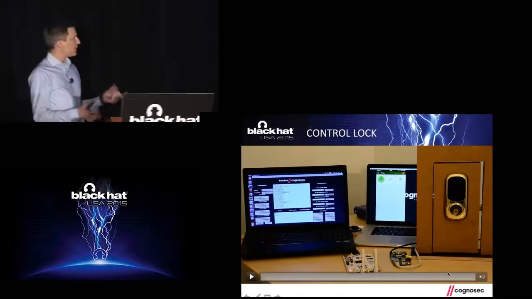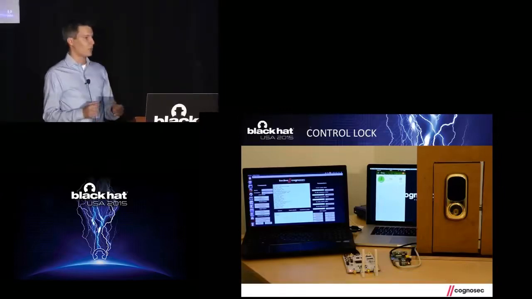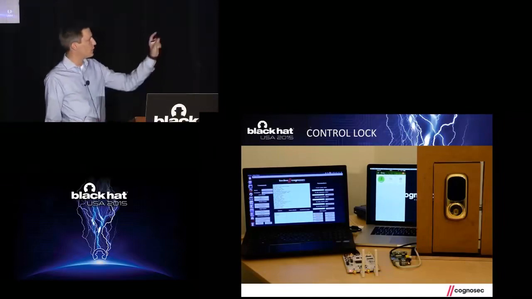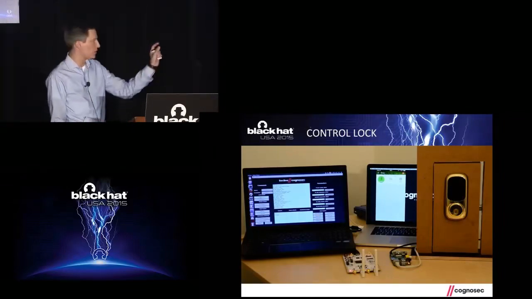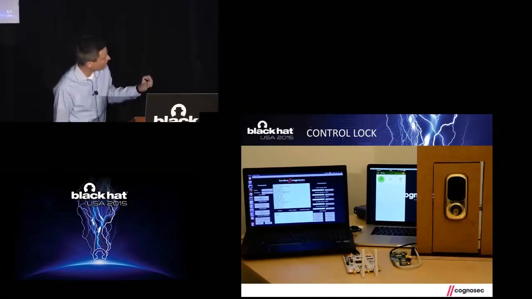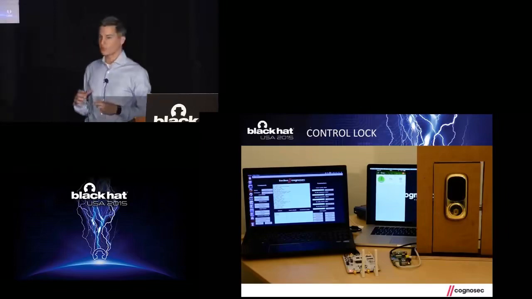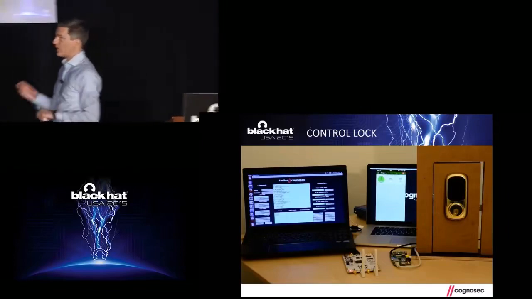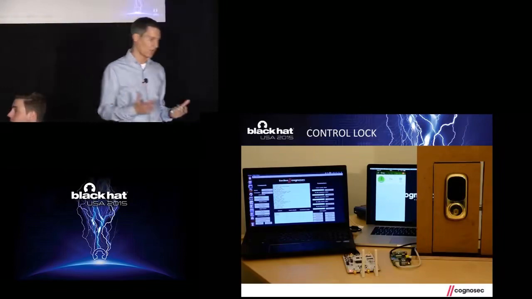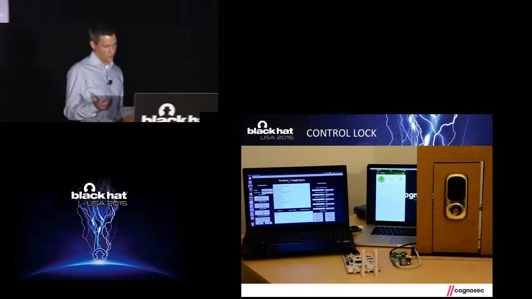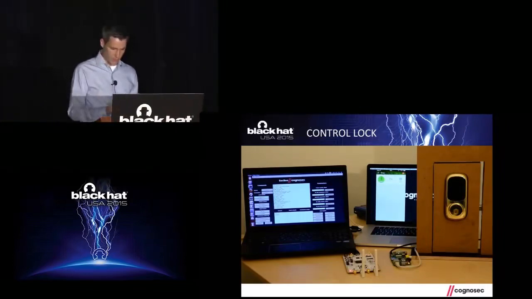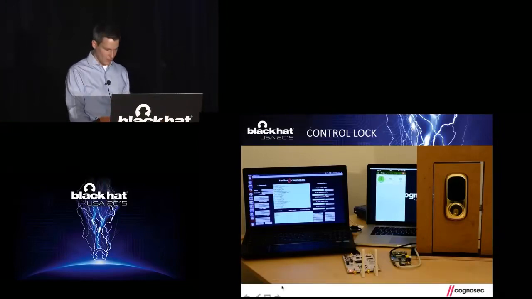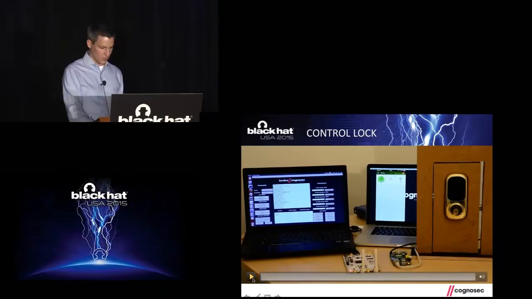The setup you can see here is the ZigBee tool on the laptop. In the middle, you can see a small piece of the screen where it only shows the SmartThings app. And on the right side, this is the lock built into a really small door. We didn't do a very good job in building it in, but you can see this is the lock. I'll just start the video and show what happens.